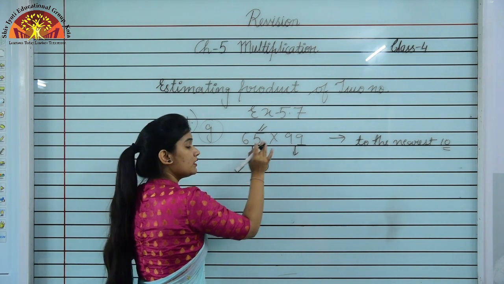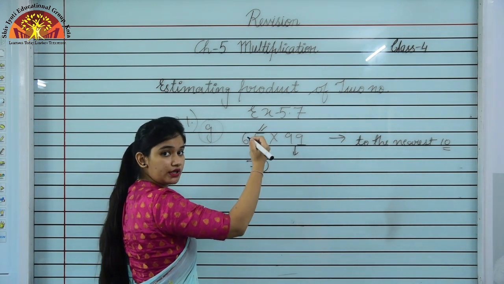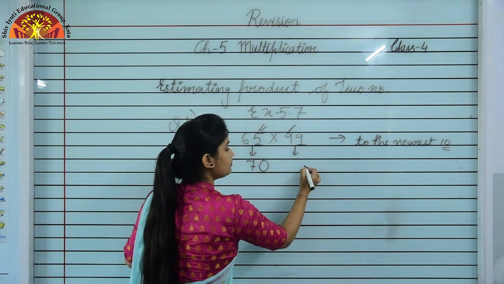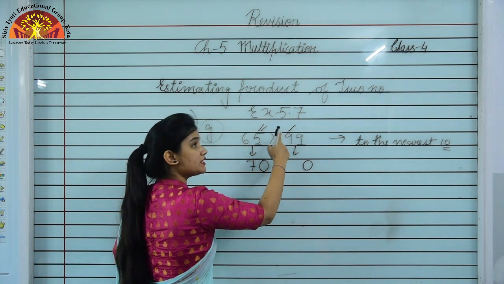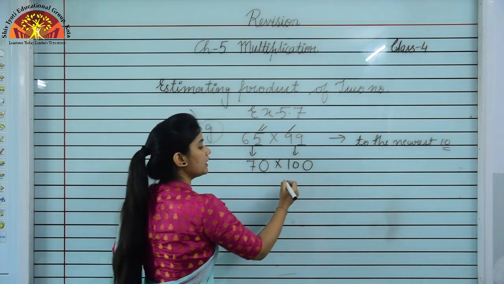Is it clear? Now again we have to observe the last digit, that is 9, and this is more than 5. 5 से बड़ा है. Again we have to increase this number and this number will become 0. ये 9 तो क्या बन जाएगा, 0, and 9 plus 1 will be 10. It means 99 round off होके क्या बन गया, 100.